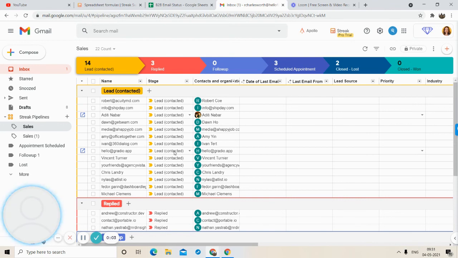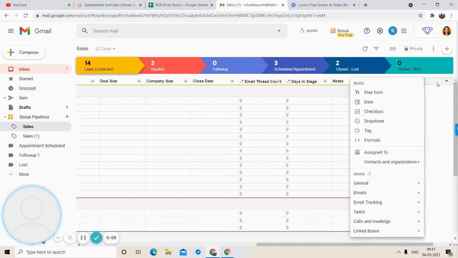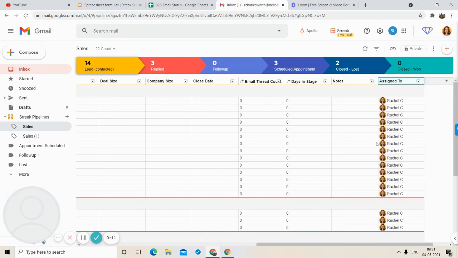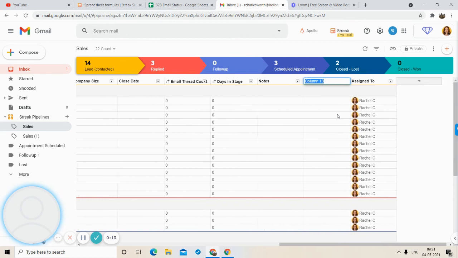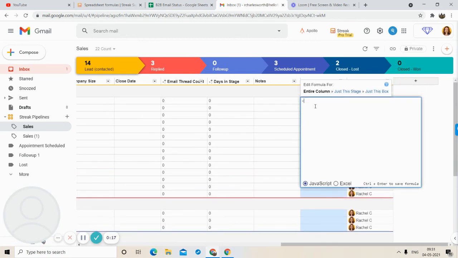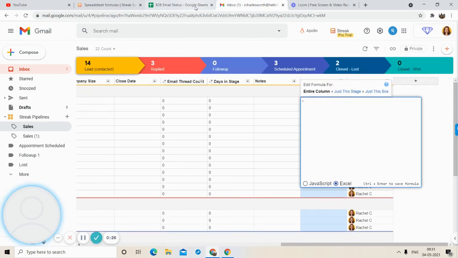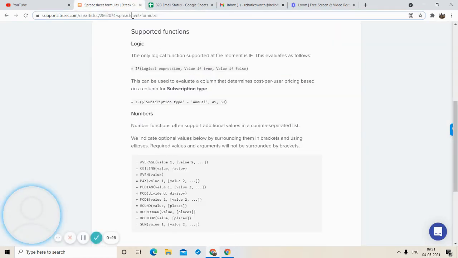So guys, that was the total overview of this software. Now, if you want to know more about how to use formulas, you have two types of formulas you can use: JavaScript and Excel. To know more about this, you can refer to this sheet, right?